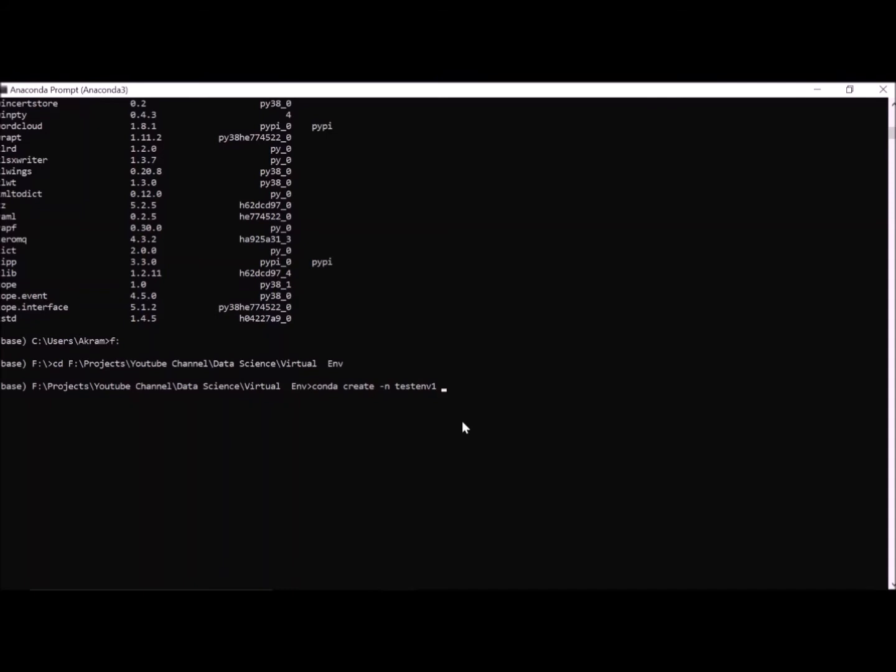And I will give Python 3.6, so Python 3.6 will be installed. I will run it. It will create the test environment 1 virtual environment for me.